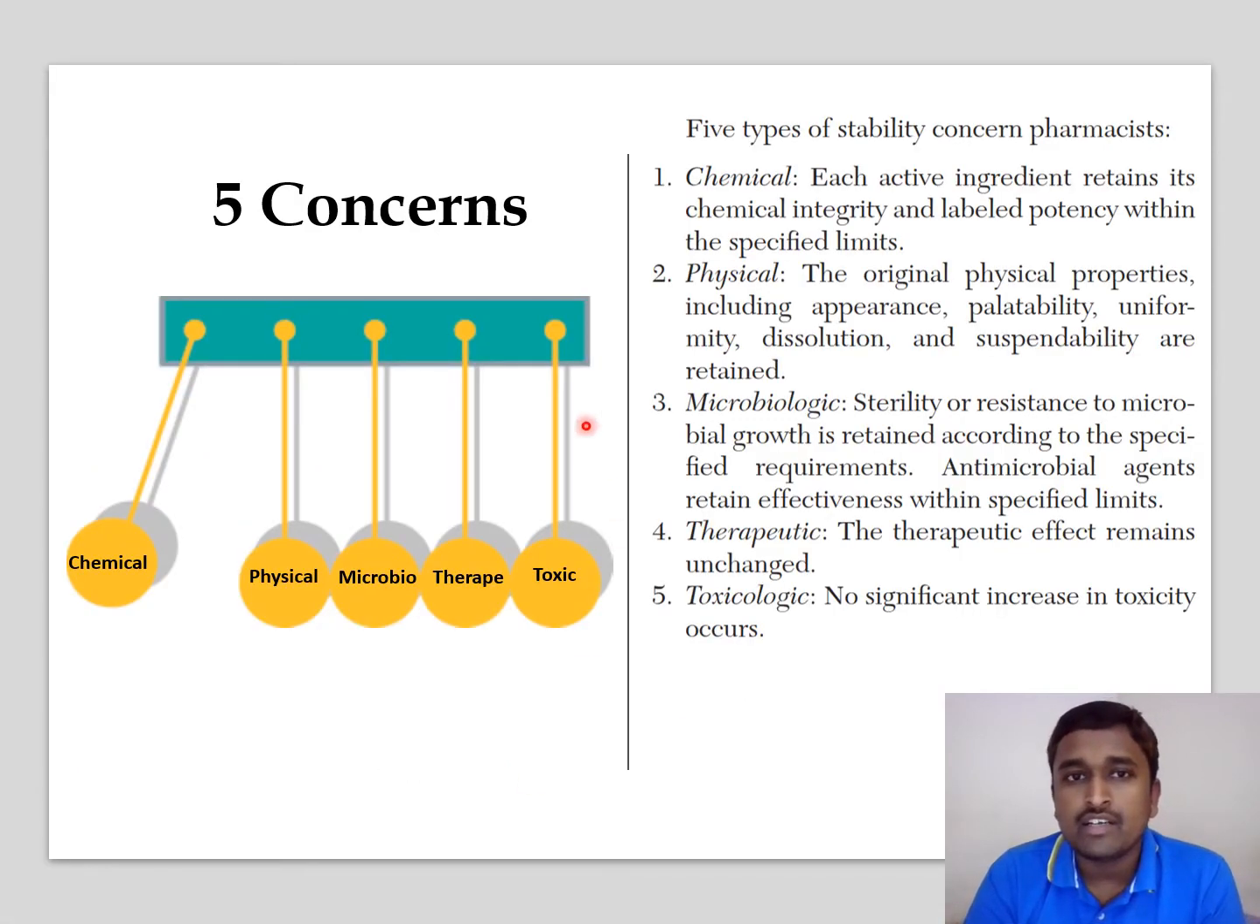There are 5 concerns relating to the stability of the dosage form. The first concern is chemical. Each active ingredient retains its chemical integrity and label potency within the specific limits. Let us take a paracetamol tablet. The label claim says 500 mg. So during the storage period, whether the paracetamol is able to retain this 500 mg or any degradation was happening, and what are the specifications mentioned and what was happening during the storage time